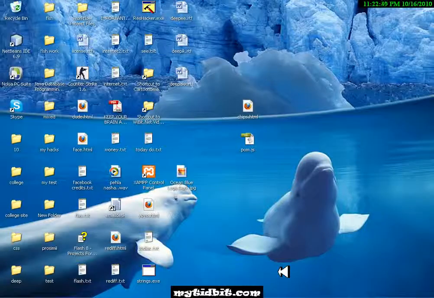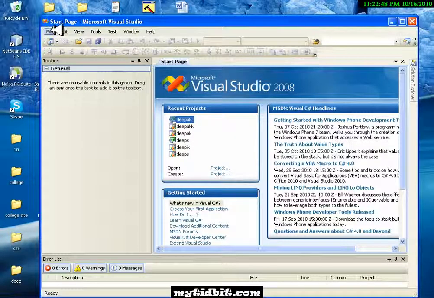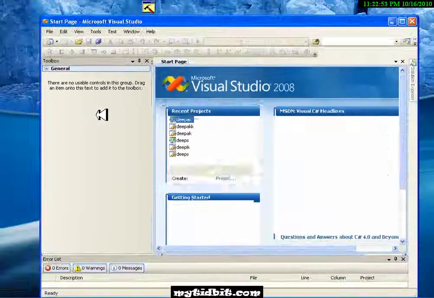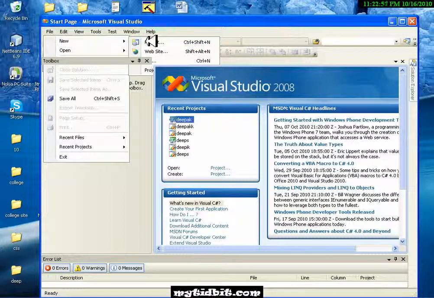Hi, now we'll see how to create an exe file, a setup file in .NET. I have Visual Studio 2008 installed in my system, and if you have 2005, that's fine too. To begin with, you can go to File, New Project, and in that project